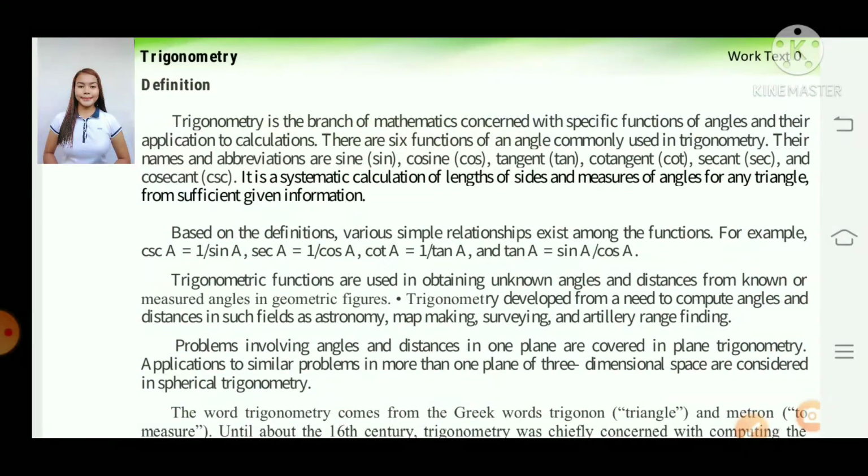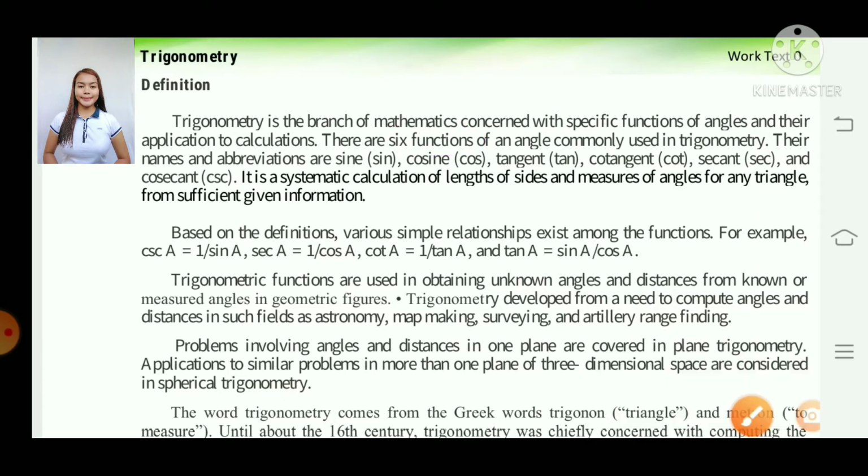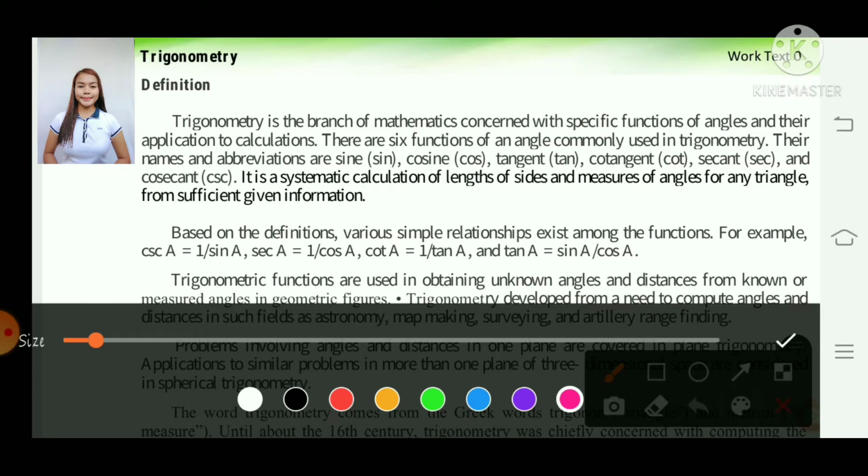We're done with the history. We move on to the trigonometry definition. Trigonometry is the branch of mathematics concerned with specific functions of angles and their application to calculations. There are 6 functions of an angle commonly used in trigonometry. Their names and abbreviations are